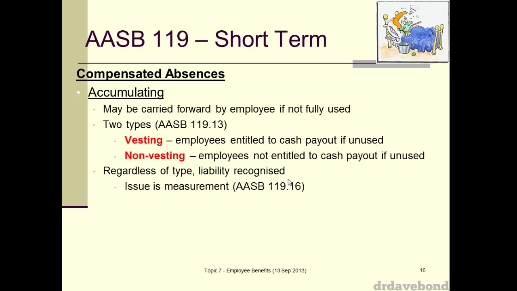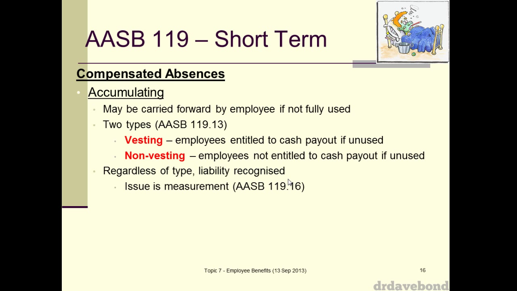My sick leave is not vesting. So I have at the moment 28 weeks of sick leave accrued, which is a touch over 6 months, which is kind of cool in a way, because if I was to get really sick, I could be off work for 6 months and my pay would just continue straight on. It wouldn't have an impact on me at all. The thing is though, if I move on from this organization, I don't get paid 6 months for that leave. That would just disappear.